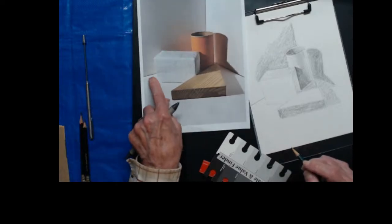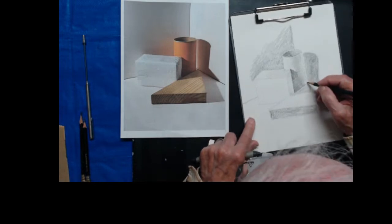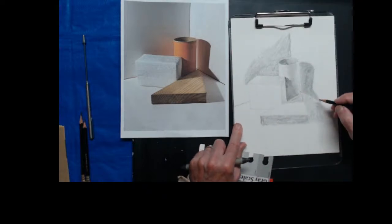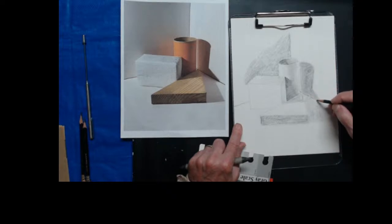This line right here, as you see the edge of the box, I can put that in. There's a line over here. It starts back here, behind this corner, and then extends out here. It goes, let's see, it starts here, and then the corner goes over that, so I can come out here. This is the corner of this other side, and that'll separate the shadows a little bit, because that